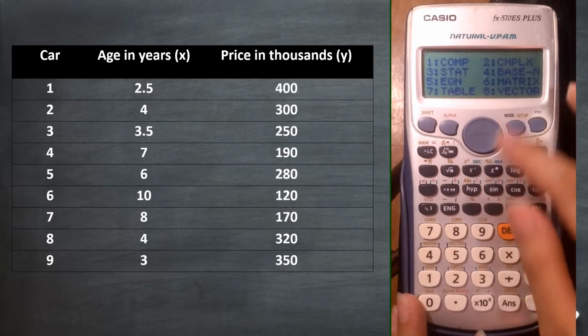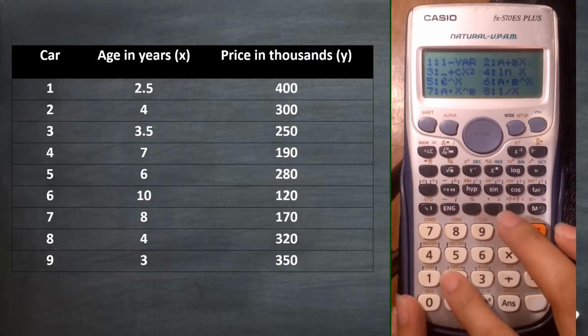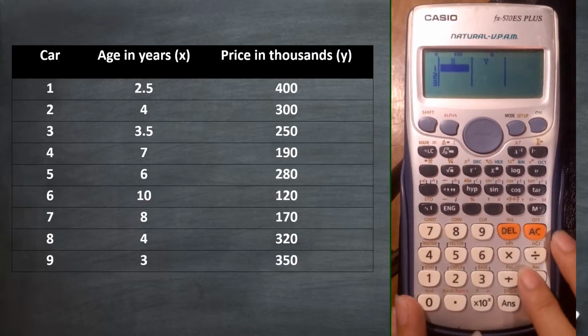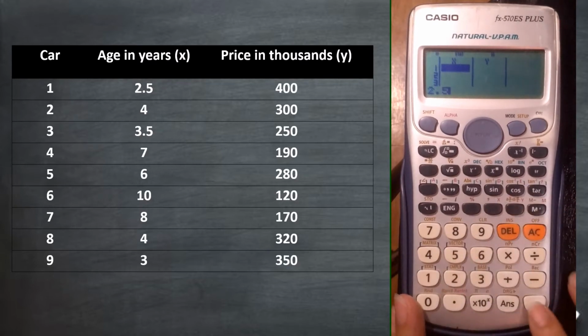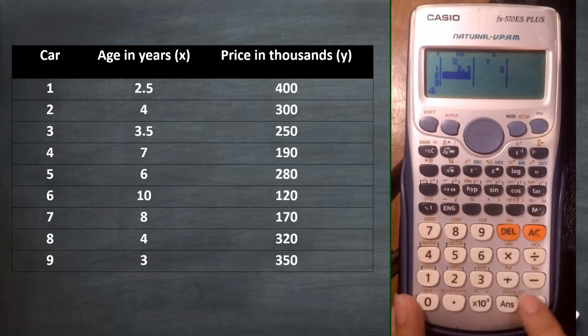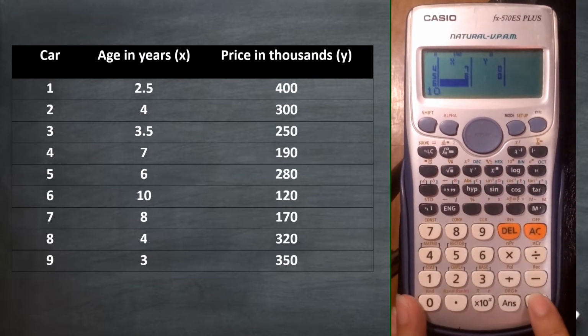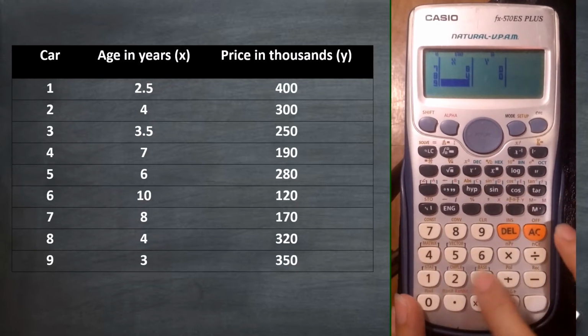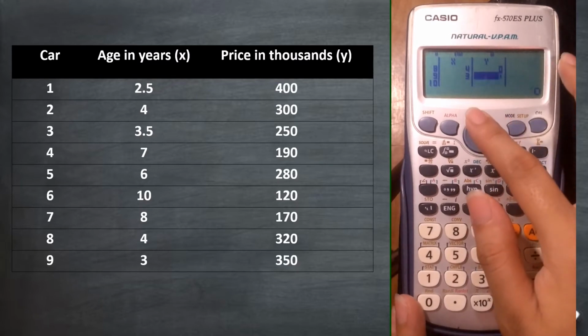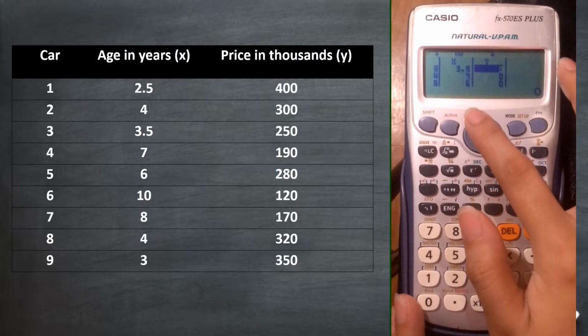Stats, mode, then stat, then A plus BX. Then we have 2.5 equal sign, 4 equal sign, 3.5 equal sign, 7 equal sign, 6 equal sign, 10 equal sign, 8 equal sign, 4 equal sign, 3 equal sign. And then for the y values, we have